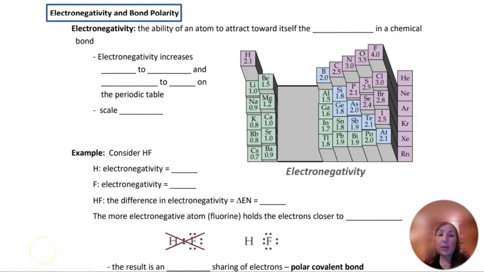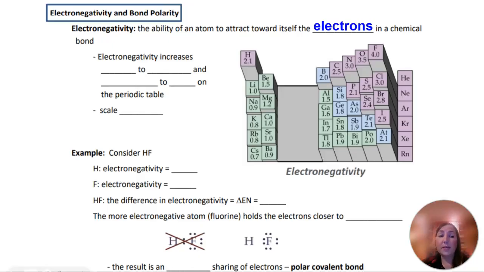This video is about electronegativity and bond polarity. Electronegativity is the ability of an atom to attract toward itself the electrons of a chemical bond. So this is about how much an atom really pulls or tugs electrons towards itself when it is involved